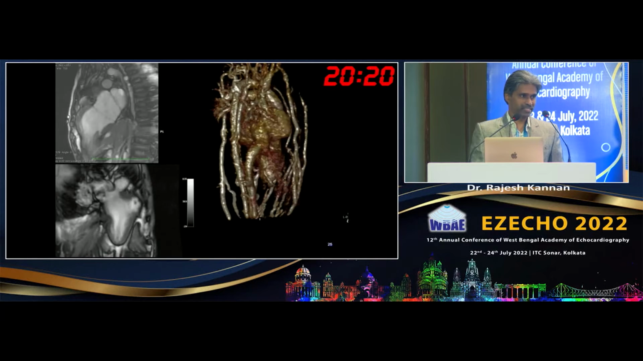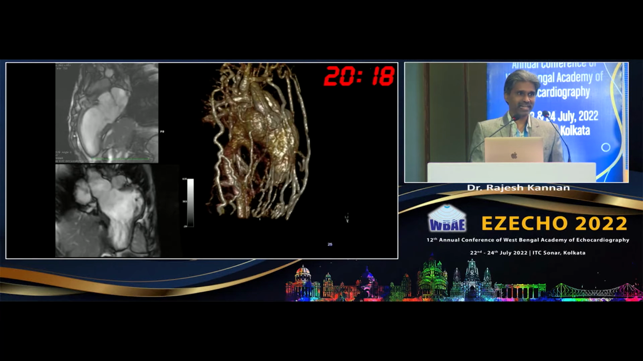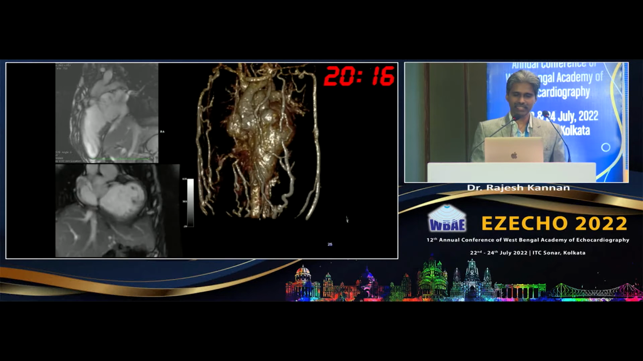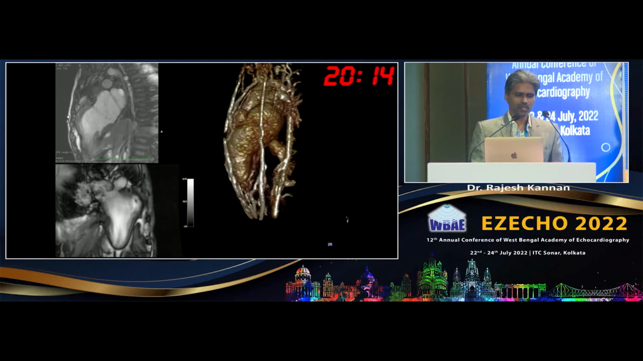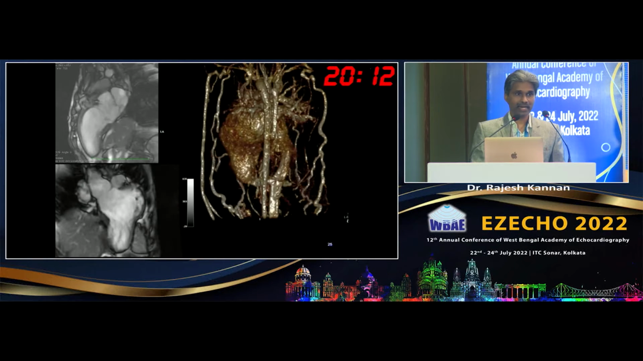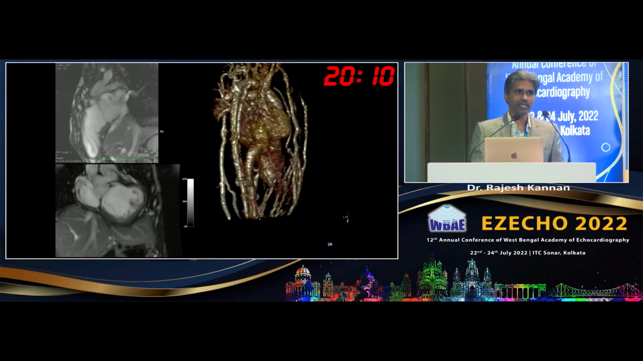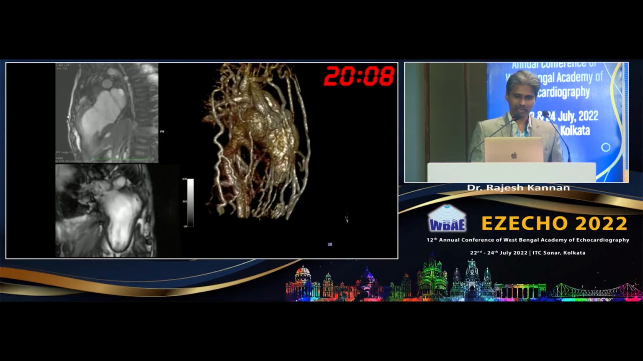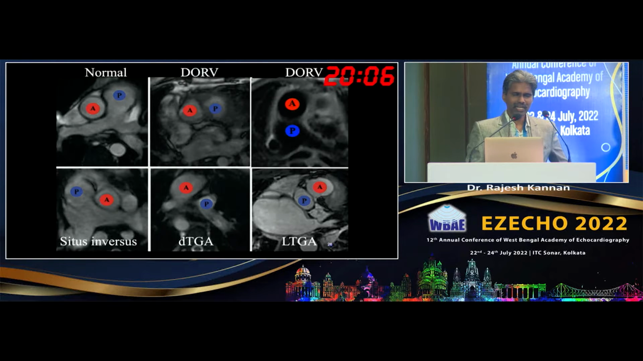Status post PDGS 10 years back, now failing PDGS with the multiple venous collaterals. So we can assess both the intracardiac anatomy as well as extracardiac anatomy using comprehensive cardiac MRI methods. And simply looking at the relationship between the aorta and the main pulmonary artery, we can interpret what can be